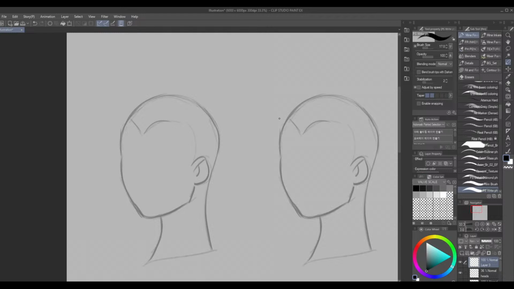Something I want to note is that, I guess we'll start with happy eyes first, because I think it's probably the easiest. Something that I wanted to point out was that a lot of expressions for the eyes actually don't really require a lot of,